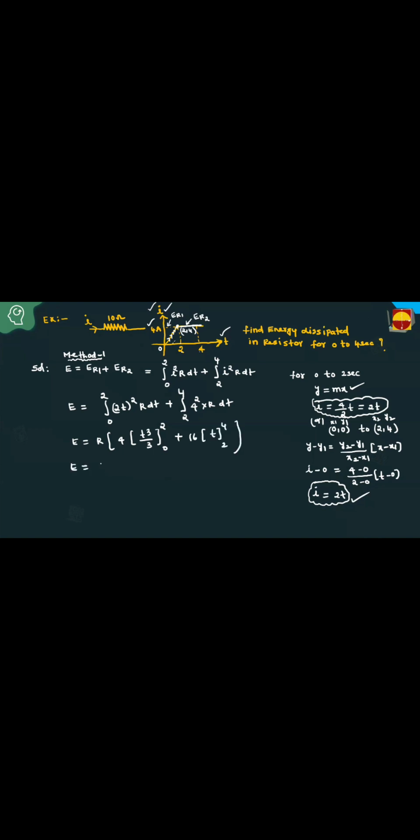Then you have to substitute, resistance is 10. 4 into 4 by 3, 2 cube, minus 0.16 into 4 minus 2. Now you have to simplify this. How much do you get? Then by solving, this is 40 by,